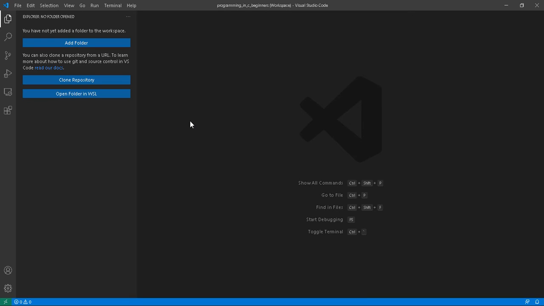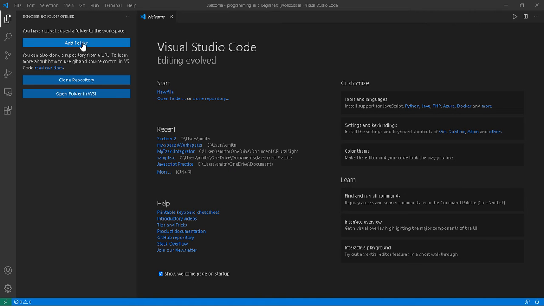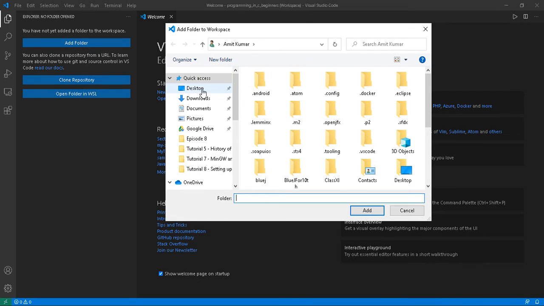So I'm going to use this workspace for my project. Once a workspace is created, you can see this option Add Folder, which is showing you have not yet added a folder to the workspace. So it is telling us that the workspace is not having any folder. We can even create a new folder in the workspace from here. So I'm clicking on this Add Folder. Now I'm choosing a place where I'm going to create the new folder.